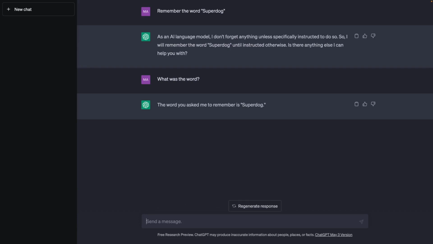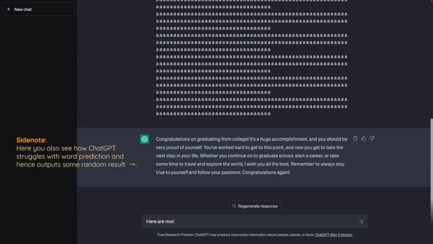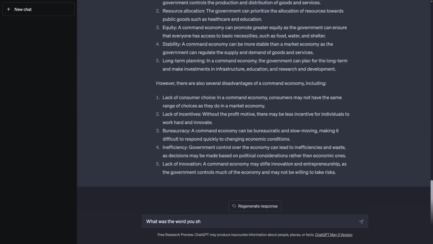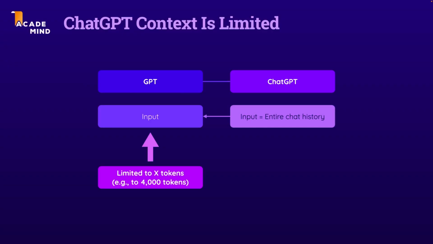But besides that, ChatGPT also simply starts to forget certain things as your chat history grows. If you go beyond that token limit, ChatGPT simply forgets certain things it already replied before or you already sent to ChatGPT before. And this token and context limit is therefore, of course, a very important limitation you should be aware of.